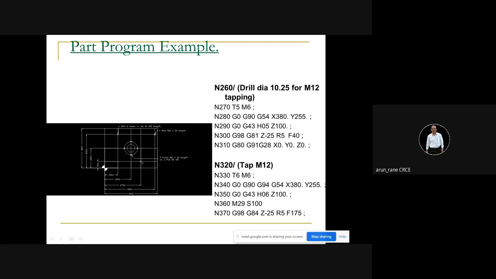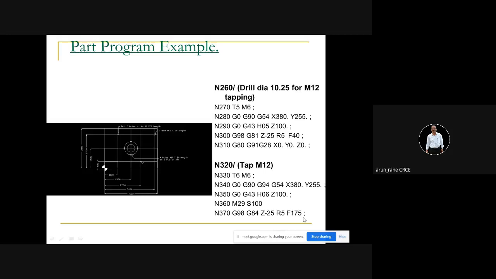These are the 2 holes. So this is your M12 tapping, 2 holes at this distance, which have been drilled already. So this is your G84 tapping.